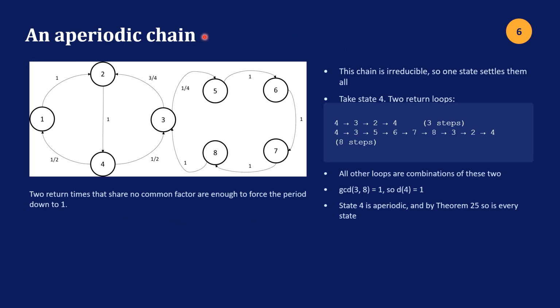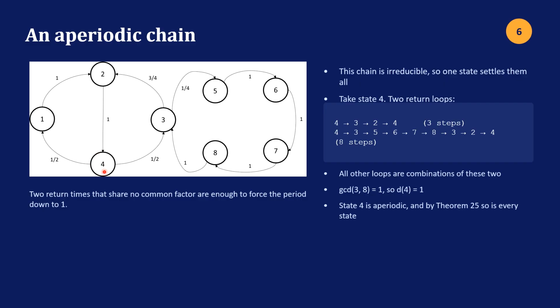I have an example of an aperiodic chain on this slide. The chain is irreducible. I'll leave it for you to check, but basically you can get from any state to any other state in this Markov chain. So since it's irreducible, we just need to check the GCD of all the return times for any one of these states, and it'll be the same for the other ones. So we're going to pick 4,